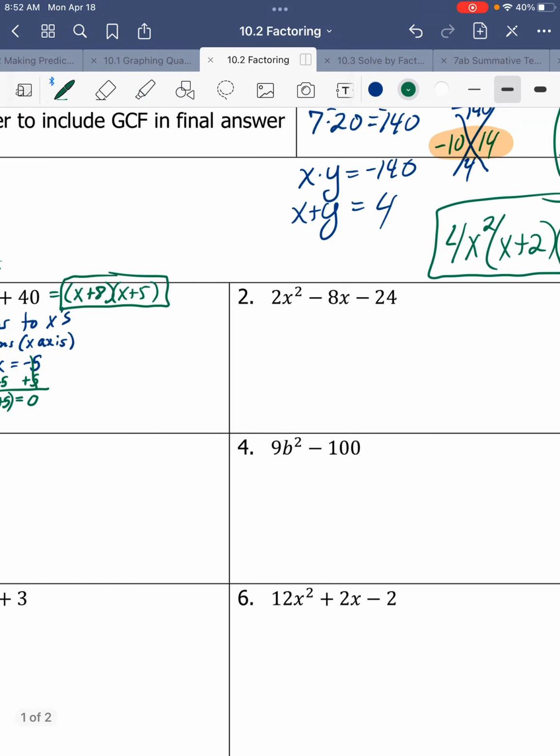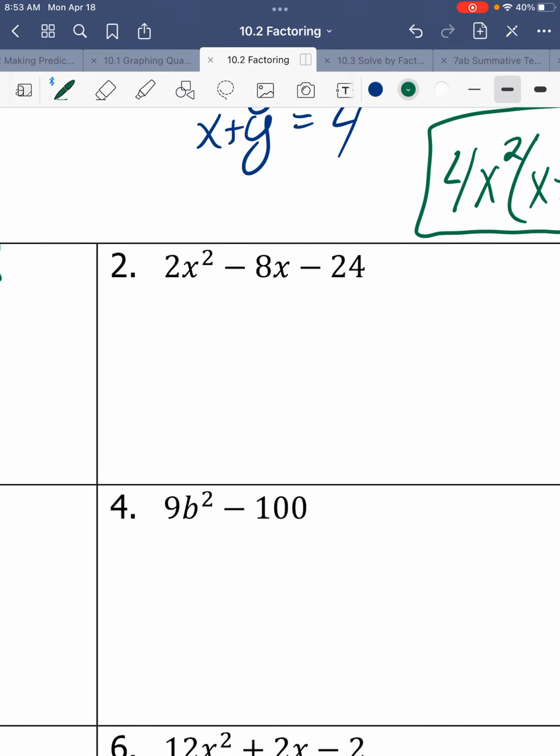All right, let's do number 2. The one thing I didn't talk about was greatest common factor on that first one. Let's take a look at number 2. We have 2x squared plus 8x plus 24. Can we divide them all by something? Well, they're all even, so we can divide them all by the greatest common factor of 2. So if you divide them each by 2,